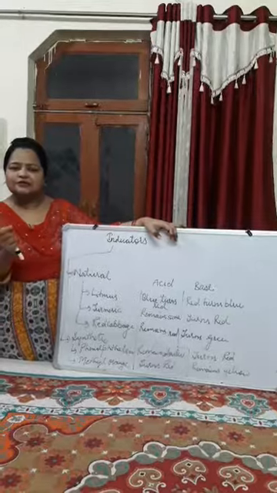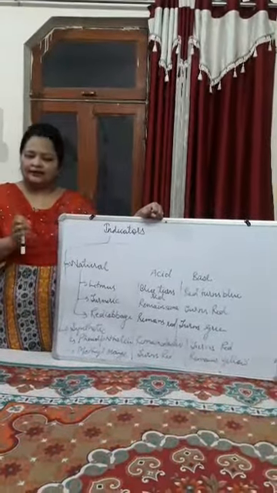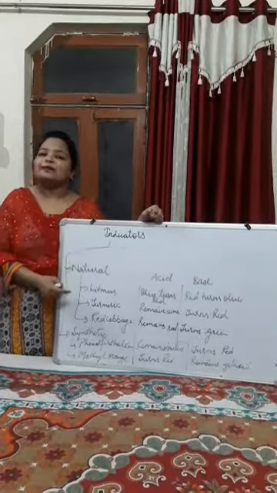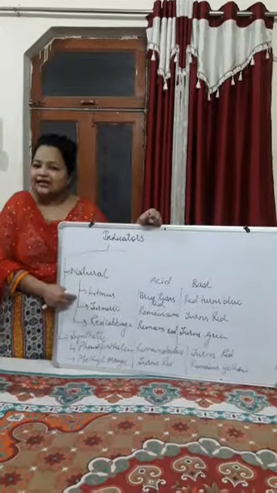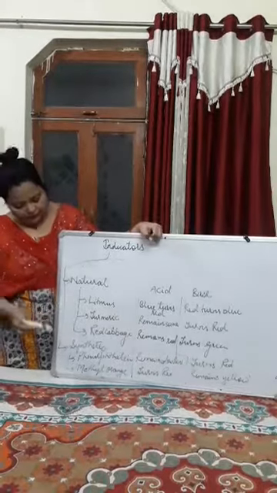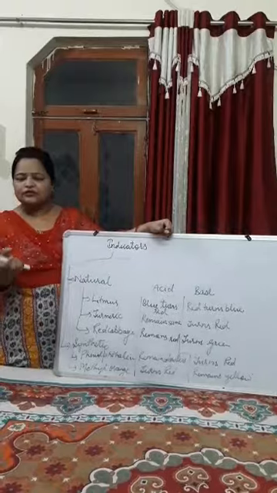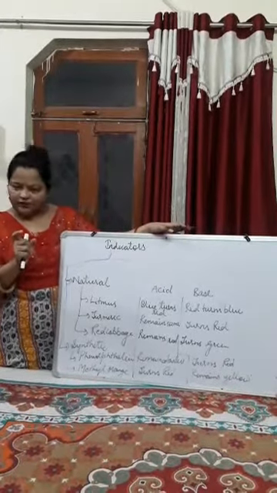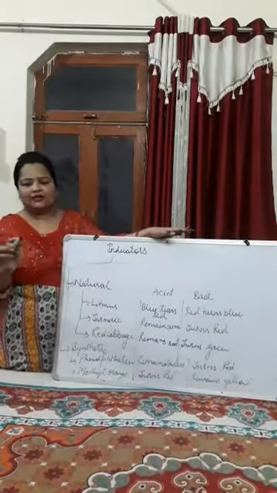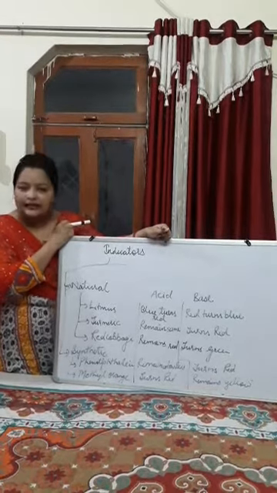Turmeric is a yellow color substance. If you put turmeric into an acidic solution, it will remain yellow. But if you add it into a basic solution, it turns red. That means it is basically a type of basic indicator which helps us to find out whether the substance is basic or not. Third is red cabbage juice. Red cabbage juice is the extract of red cabbage, which is basically red in color. Okay? When you add it into an acidic solution, it remains red. But if you add this into a basic solution, it turns green.